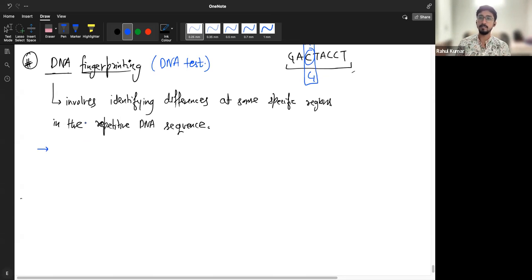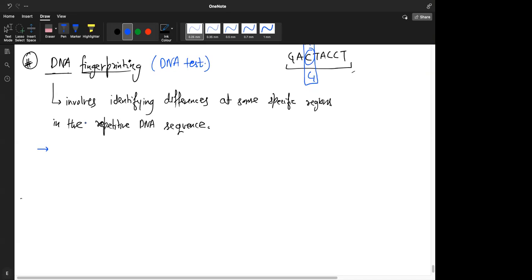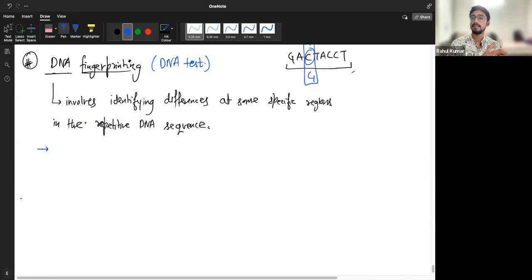Genomic DNA is very big, but it's very easy to identify a repetitive sequence because it will be repeating. Repeating means there is a pattern, and it's easy to find a pattern in a scrambled, jumbled sequence. So it is easy to distinguish or separate from the bulk genomic DNA